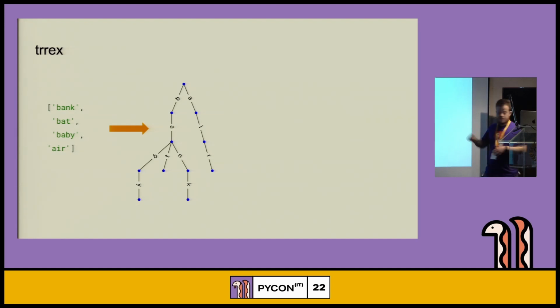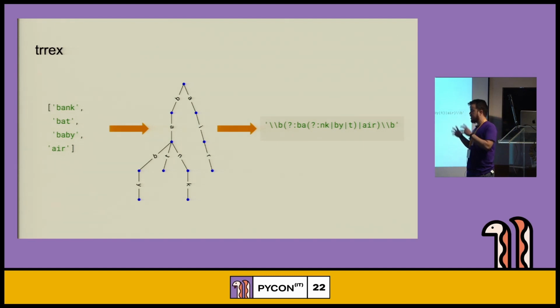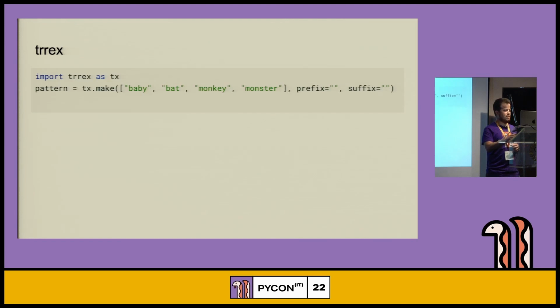Once we have this trie, we can transform it into this regular expression. Basically, it's an optimized regular expression that generalizes what the Regex engine is trying to do. How you can use it: you import Trie Regex as TX, and it has only one function. It's very easy to use.